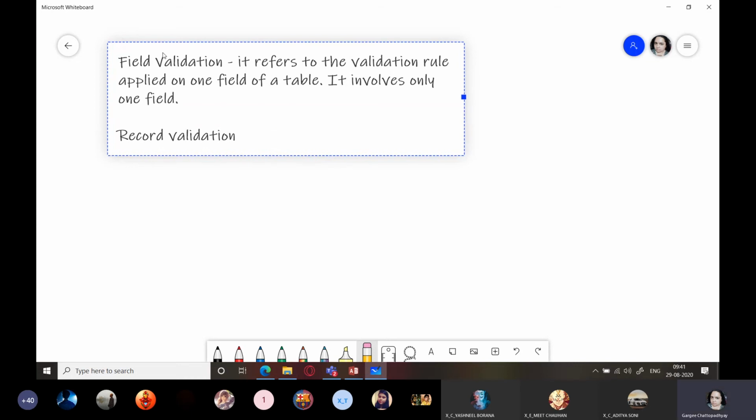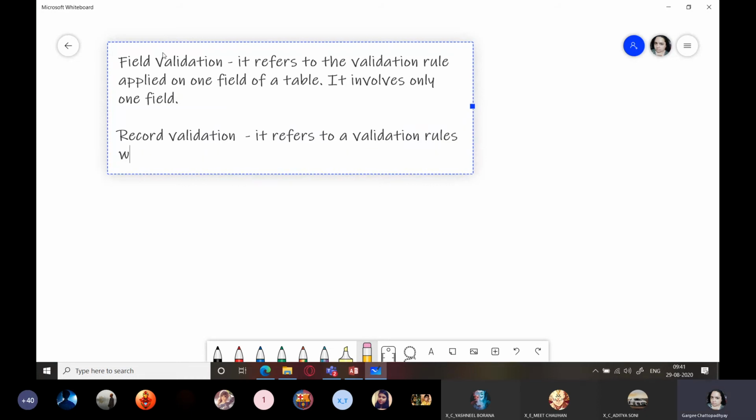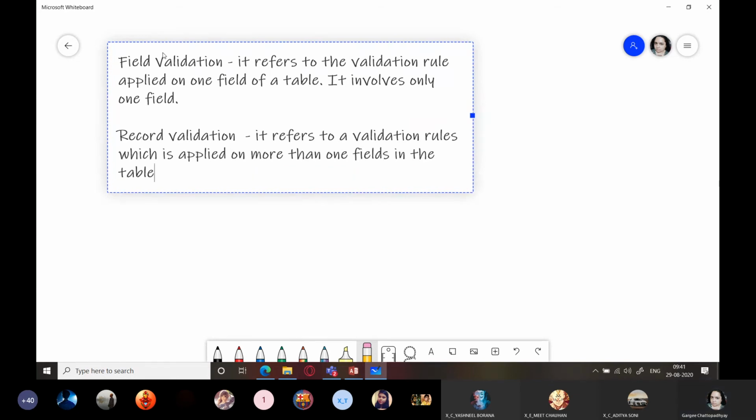Whereas record validation refers to a validation rule which is applied on more than one field of a table. As an example, let us see.